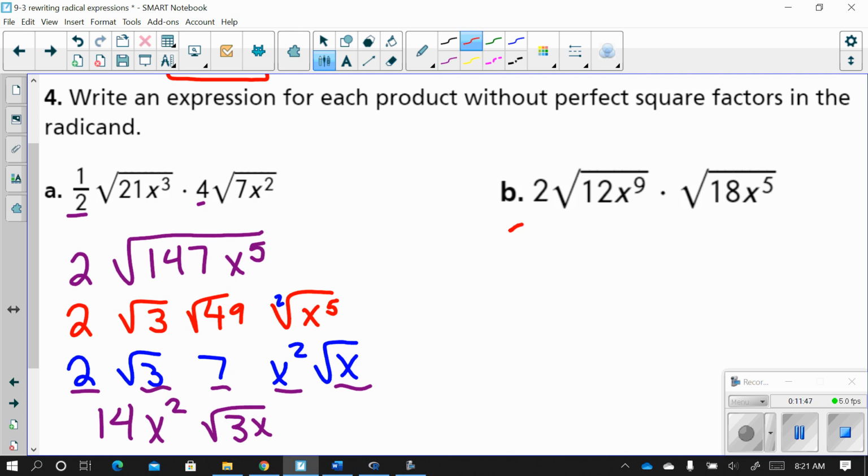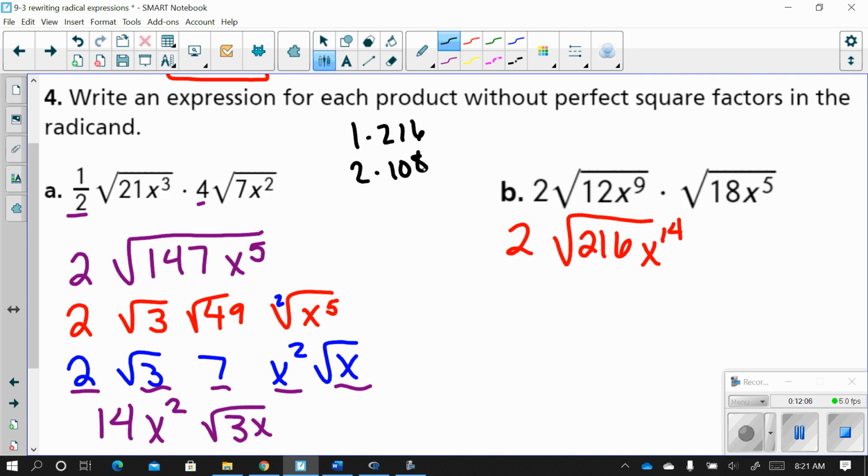So letter B, I'm going to take my coefficient, and I'm going to do everything underneath. 12 times 18 gives me 216, and then x to the 14th. Again, I don't know my factors of 216, so I'm going to write them out. 2 times 108, 3 times 72,